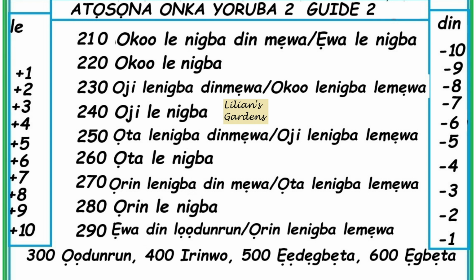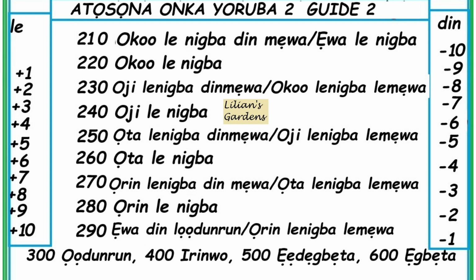okòólénígba-dín-mẹ́wàá. Ṣùgbọ́n ọ̀rọ̀ yìí kún ẹnu, a lè kúkú pè é ní ẹ̀wálénígba tá a ti ń bá bọ̀ tẹ́lẹ̀. Ṣé rántí ń sìn pé a lè dín mẹ́wàá? 220 ìyẹn jẹ́ okòólénígba. 230 á jẹ́ òjìlénígba-dín-mẹ́wàá. That is 240 take away 10. Òjìlénígba-dín-mẹ́wàá. A dẹ̀ tún lè pè ní okòólénígba-lé-mẹ́wàá. That is 220 and 10. So we either call it òjìlénígba-dín-mẹ́wàá or